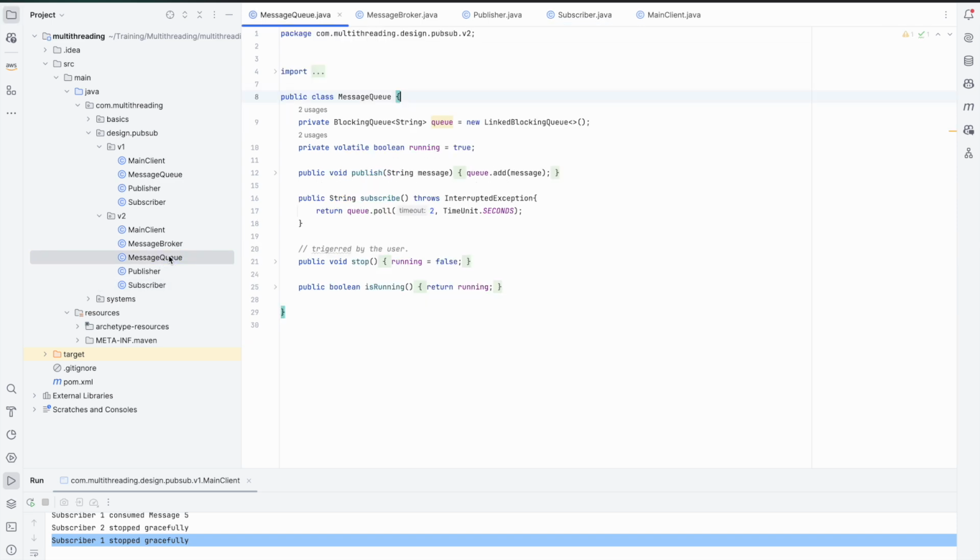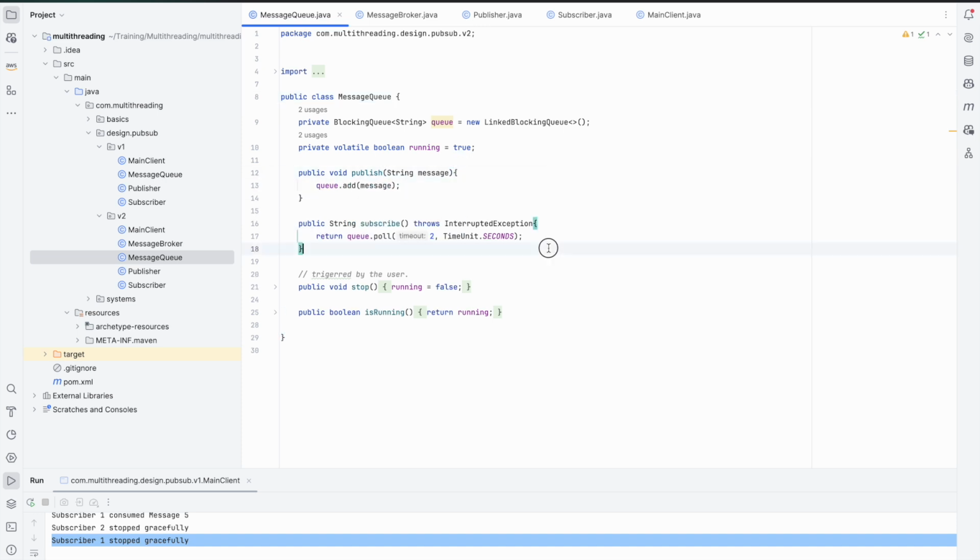Now if you see earlier, how was the code to stop the publisher-subscriber model? What was happening is that we had taken the running flag into the message queue. So first question: is it a responsibility of the message queue? No, the running responsibility is not a responsibility of the message queue. So whose responsibility is it actually? It is the responsibility of the broker. So usually the client, whenever you have to bring down any of the publisher-subscriber model,